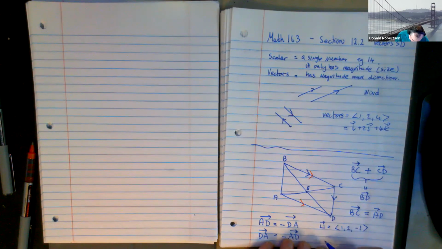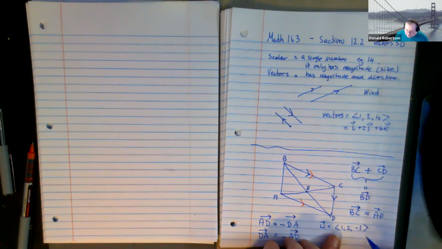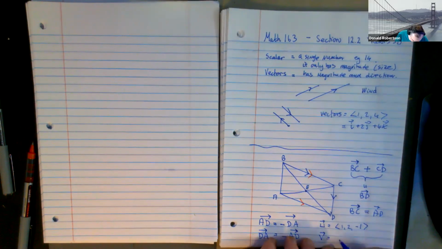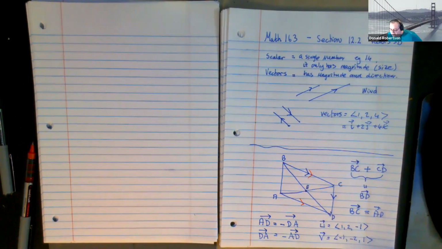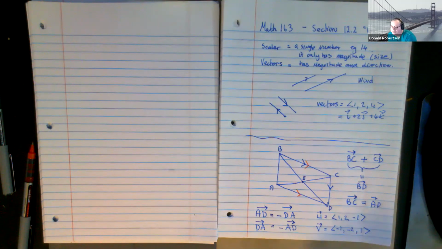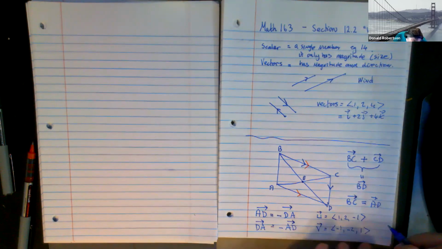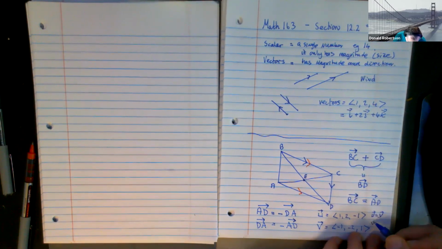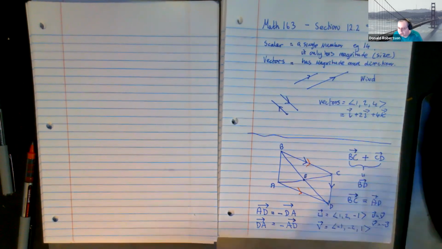If I wanted another vector which was exactly the same as this vector, but pointing in the other direction, and I'm going to call that vector V, wouldn't it be -1, -2, +1? Does that make sense? That if you want to do one thing only, and that is change the direction that you travel along that line segment, the vector, all you need to do is change its components from plus to minus and vice versa. So in the algebra world, isn't U the negative of V? Or V is the negative of U? It depends which way you want to say it.